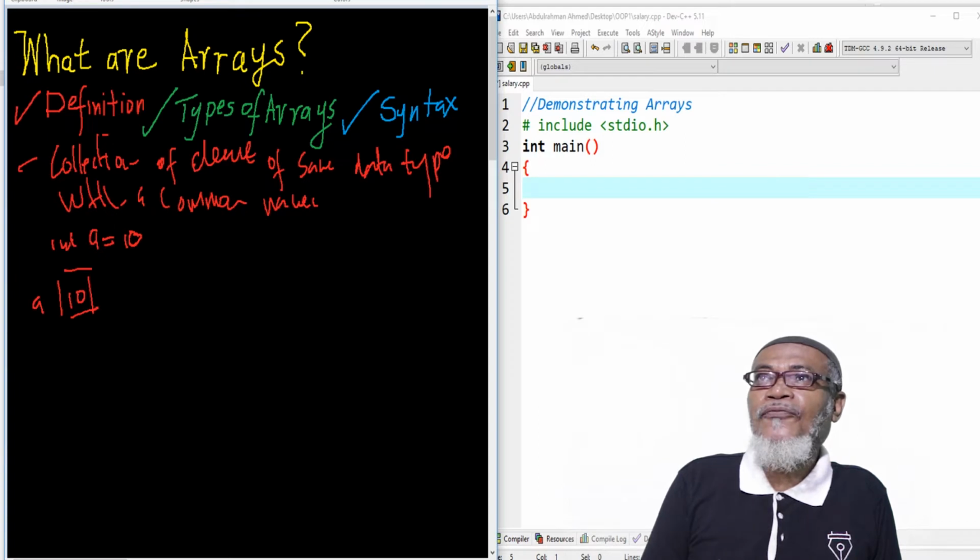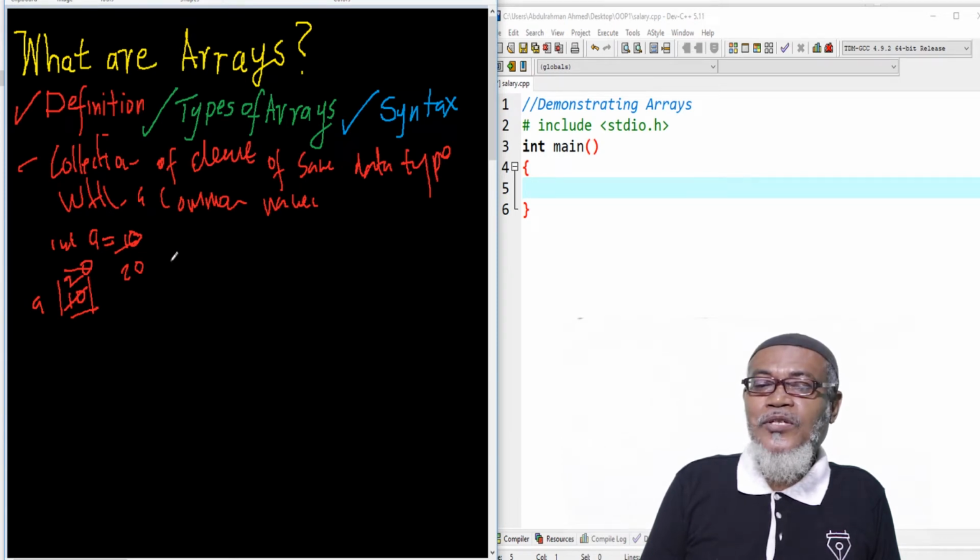However, if we want to put another value, this memory location is erased and 20 is put in this area. So at any one time we can only take one value, but with an array it's very different, because it's a collection of elements that can take up